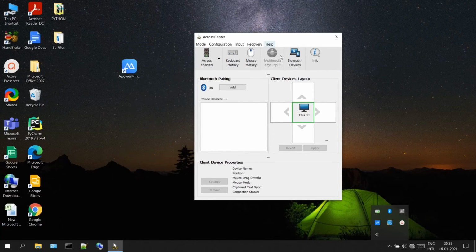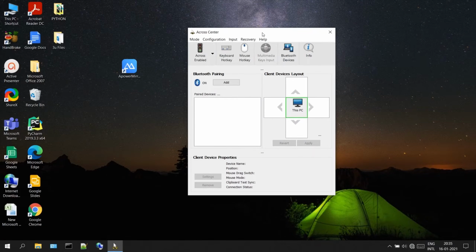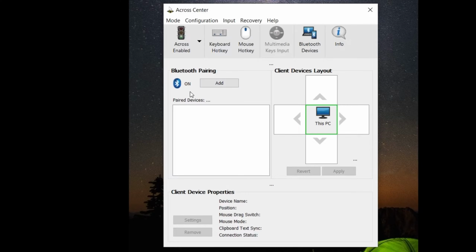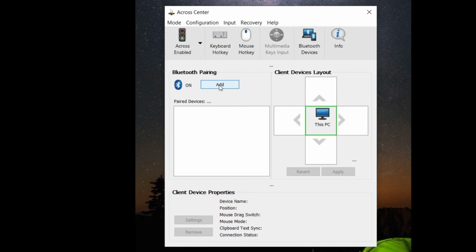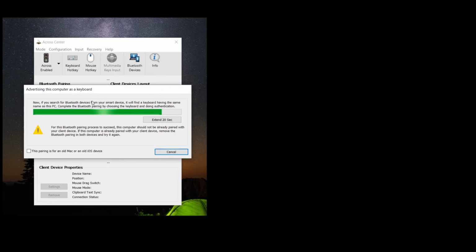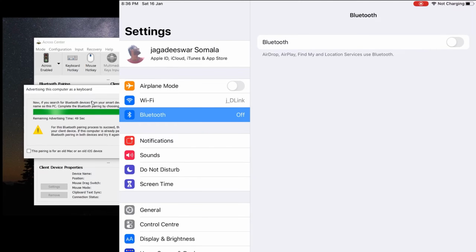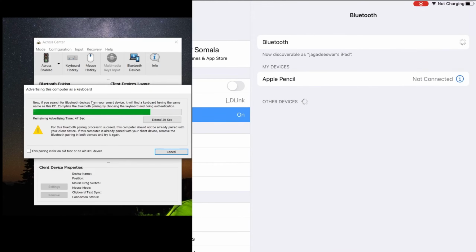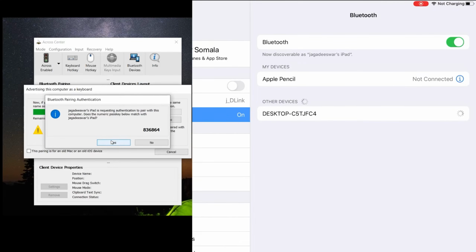turn on Bluetooth of your Windows PC. Here you can see the Bluetooth is turned on, and click on Add. After clicking on Add, you will see a pop-up like this. And now in your iOS device, go to Bluetooth settings, turn on Bluetooth and connect to your Windows PC's Bluetooth.